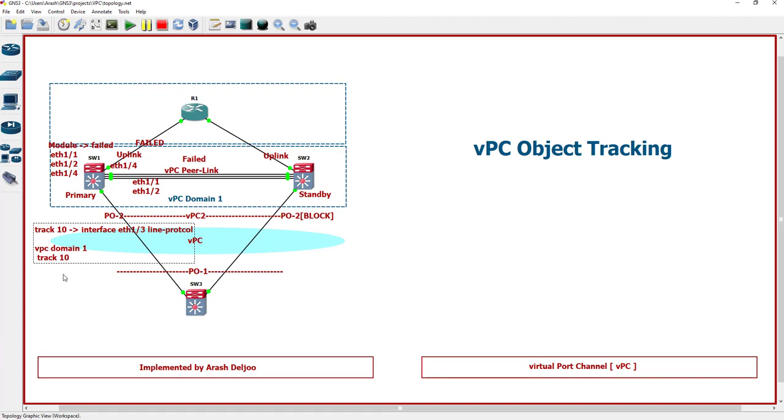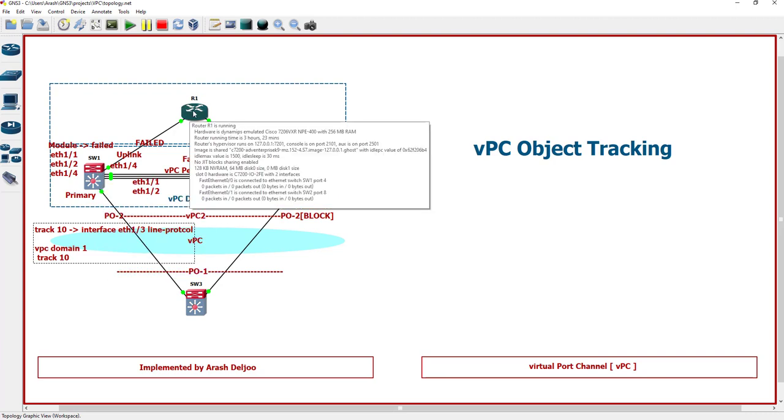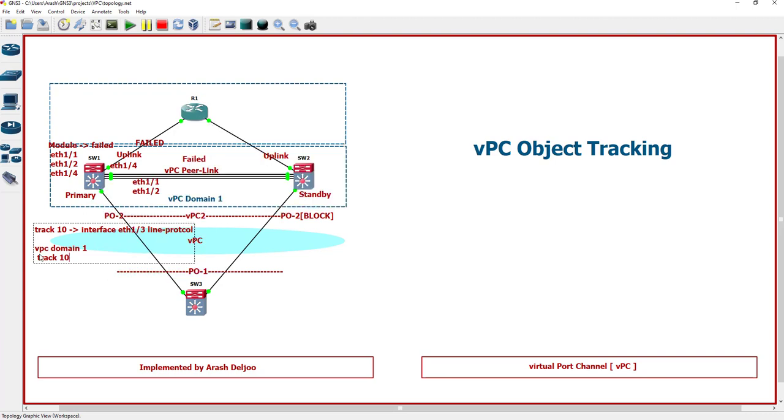What does it mean? This means that in VPC domain 1, we are tracking track 10. This means that if the uplink between switch 1 and R1 failed, now VPC domain 1 goes to the down state. This means that although the VPC peer link has the up state in the first condition, because the VPC uplink port now goes to the down state, this switch, the impaired switch, should block its member ports. Because of that, all of the traffic should be sent to switch 2. Assume